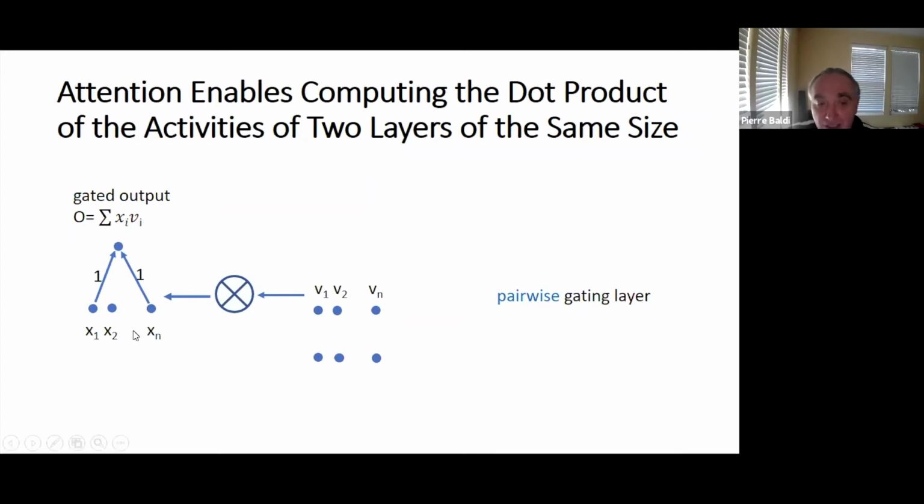And it's not instantaneous here too, because you have to do this attention, you have to have this extra level where you compute the sum of xi vi, but today in modern code, this becomes a whole block by itself. It's sort of called an attention block where you're computing this dot product. And of course, dot products between vectors can be viewed as a similarity, right? Especially if the vectors have the same norm, which happens all the time in neural networks. You're now able to compare in a compact way two vectors and measure their similarity within your neural architecture. So you can think that this is a useful operation.